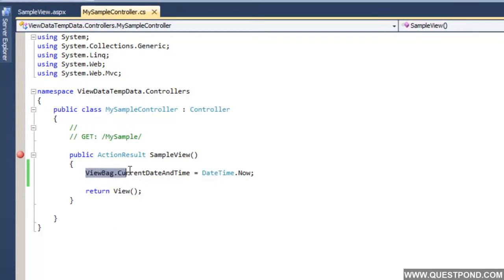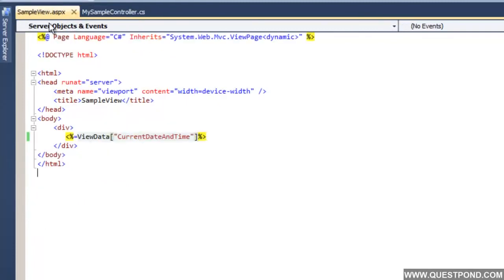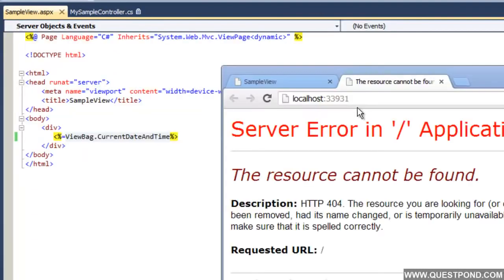And if I want to access this ViewBag in the view, again it's pretty easy. So here I can just type this. That's it. I'll just do a build here, and let me run this project in debug mode. F5.